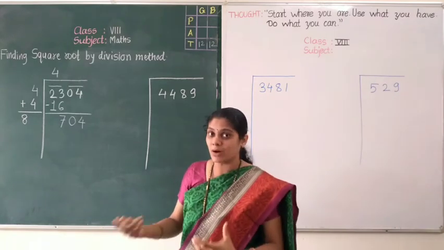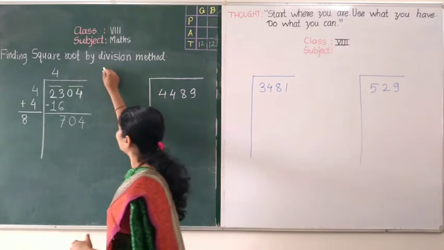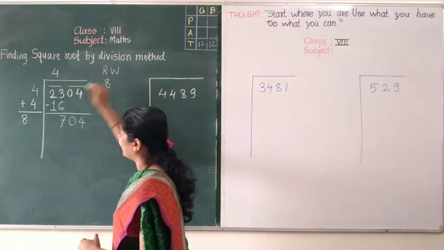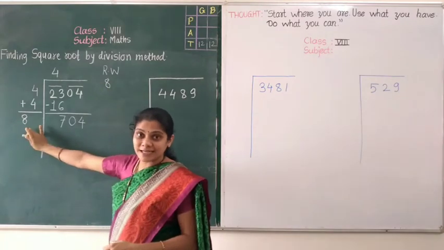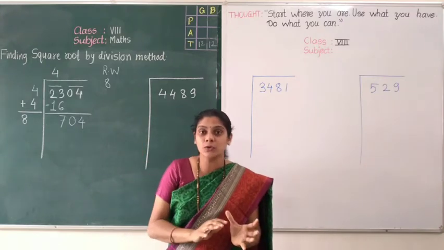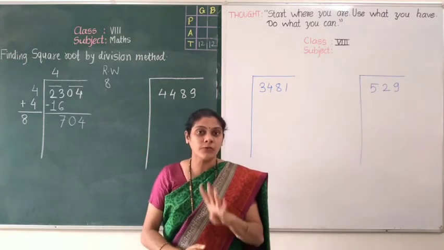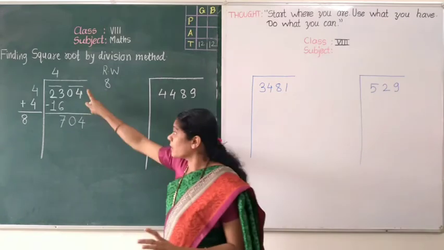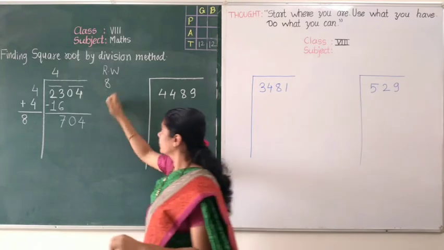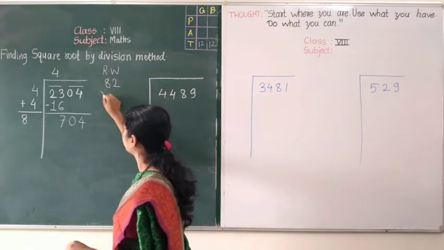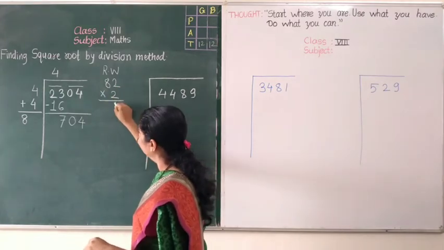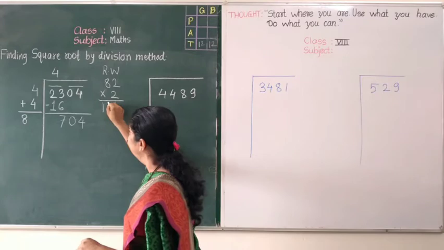multiplication. Now see how we can do it. We will take, it is a rough work. Okay, हमारे यहाँ ये 8 है और already we have selected that unit place number will be 2 or 8 because the square of 2 and square of 8 having 4 at the unit place. Why it is 4? Because our number is consisting 4 at the unit place. So we will write here 2 multiplied by 2. 2 2s are 4, 2 8s are 16.